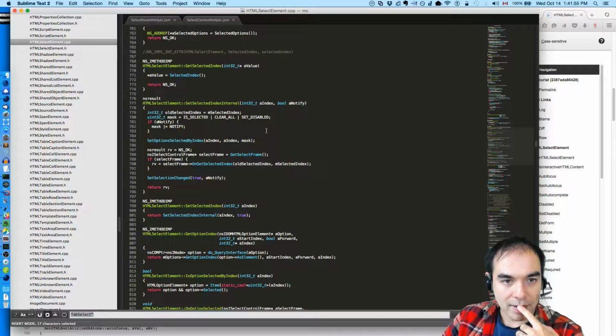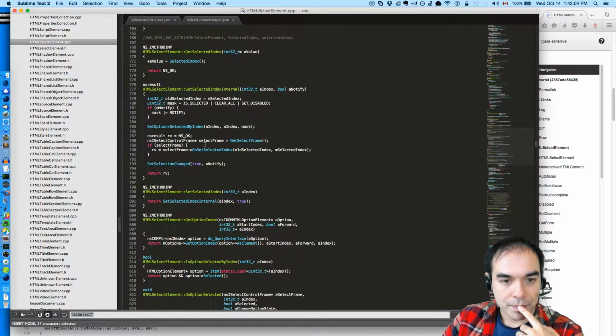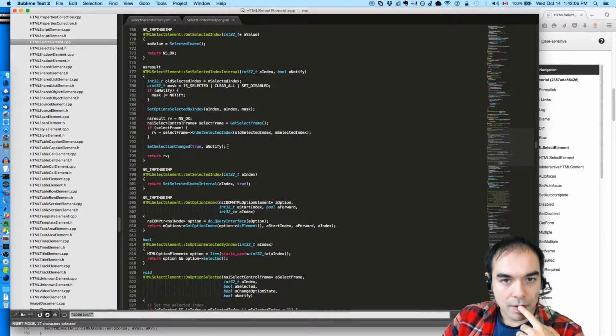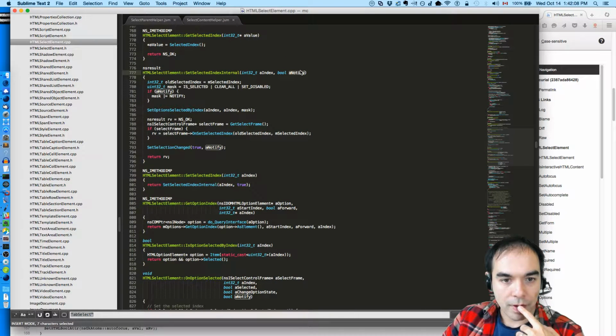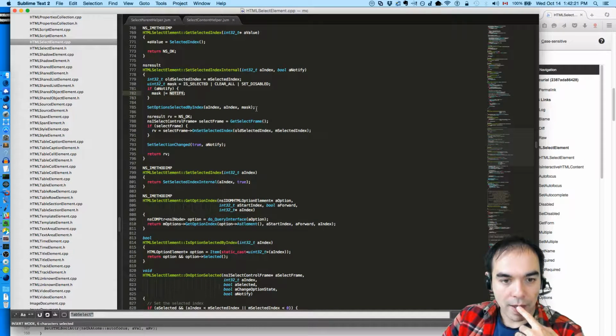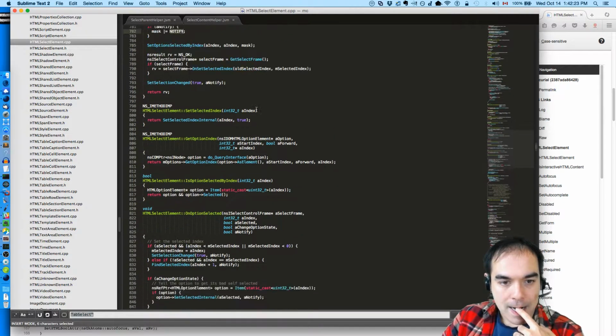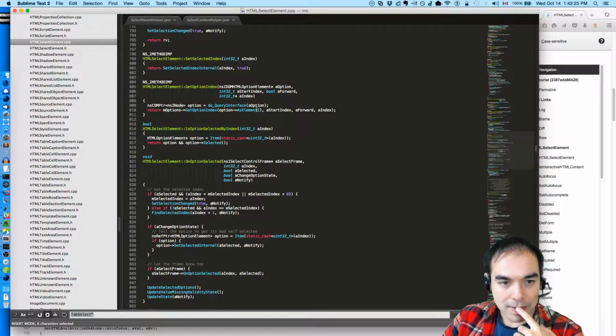Set selected index internal. Clear all. Notify. Set disabled. Whether or not to notify, we have this notify flag. On option selected.